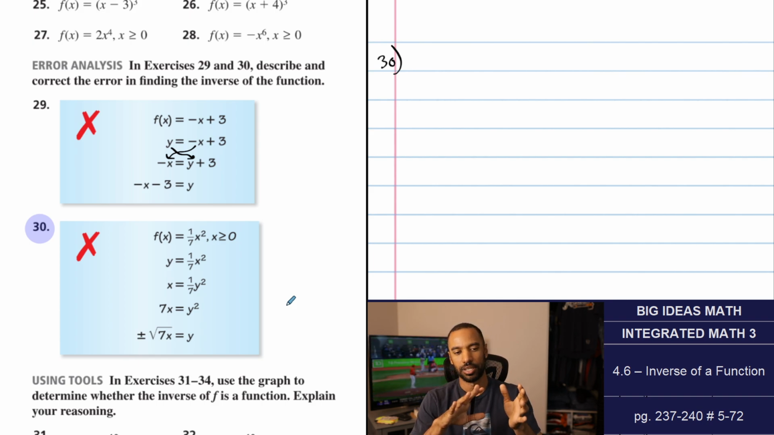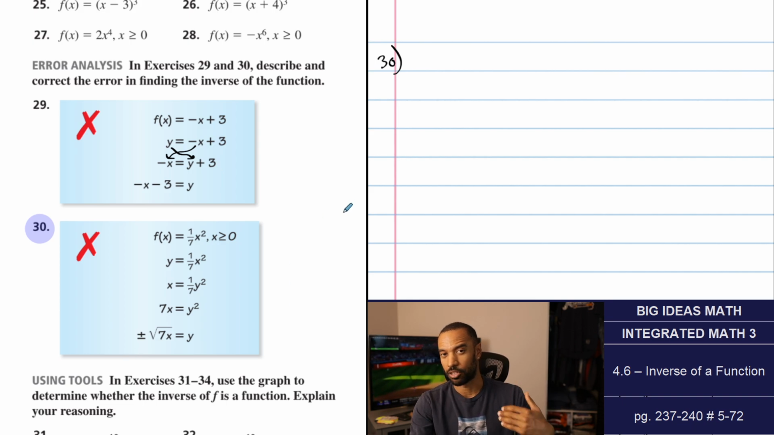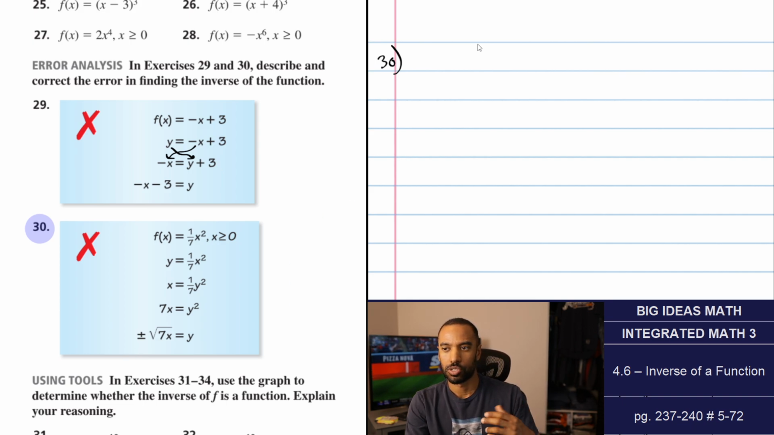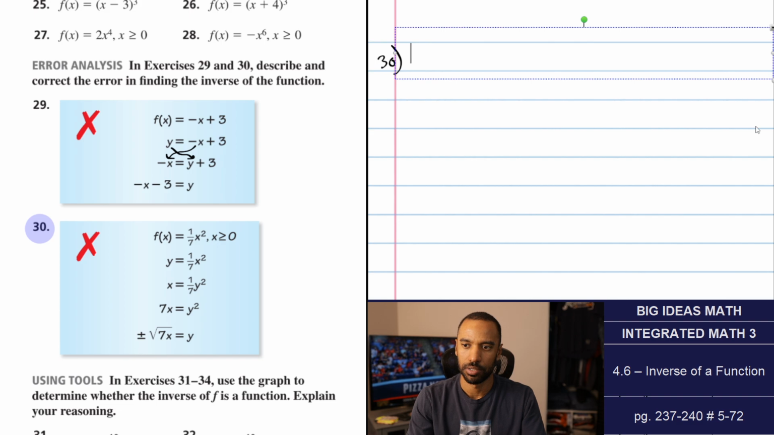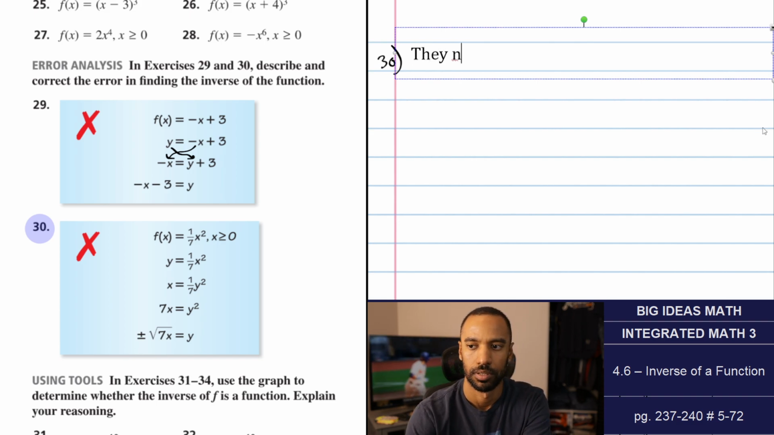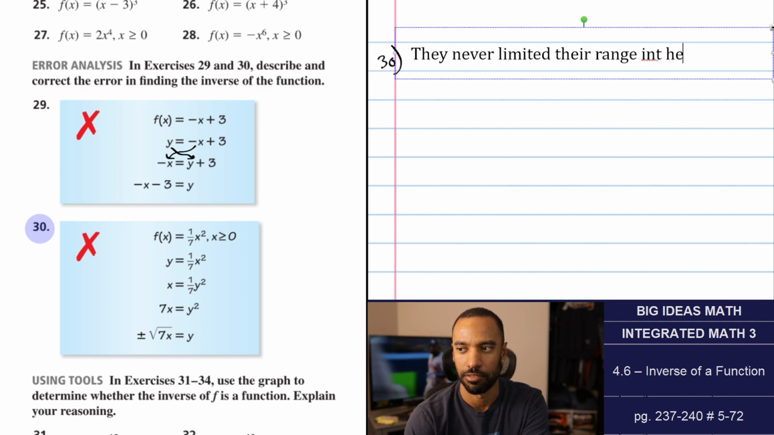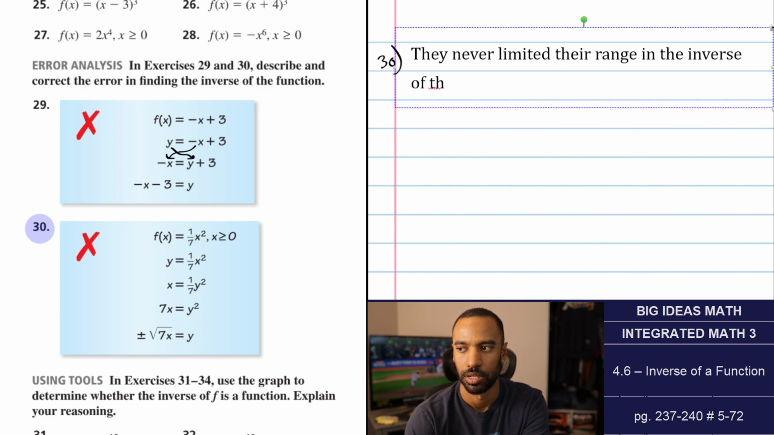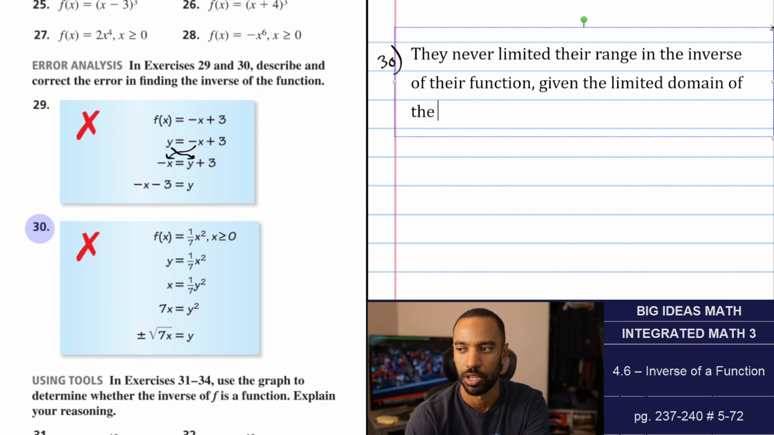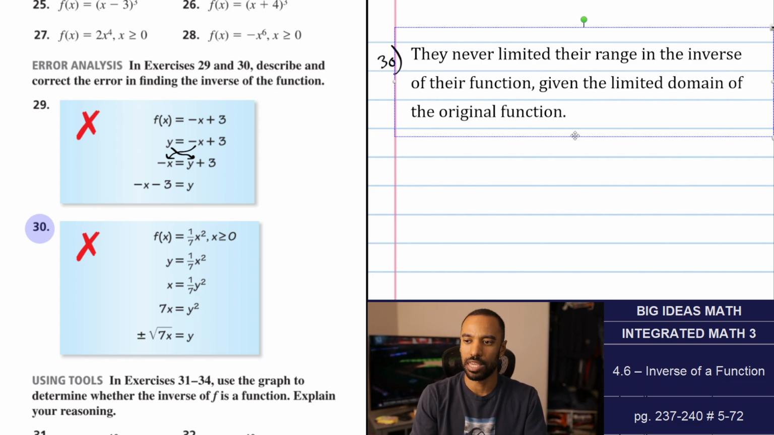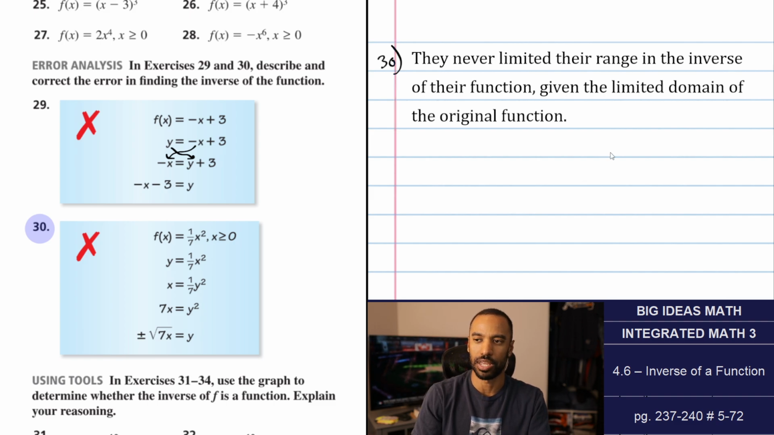They have plus or minus, but the original function has a limited domain, so the inverse needs to have a limited range. So they never limited their range in the inverse of their function, given the limited domain of the original function. Okay, so given the original has x is greater than or equal to 0,